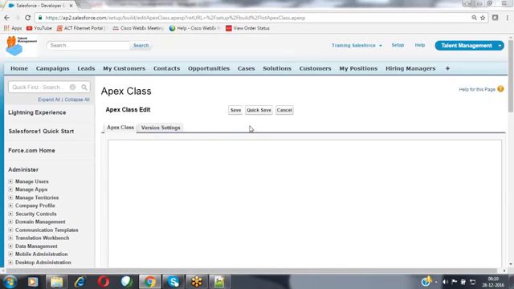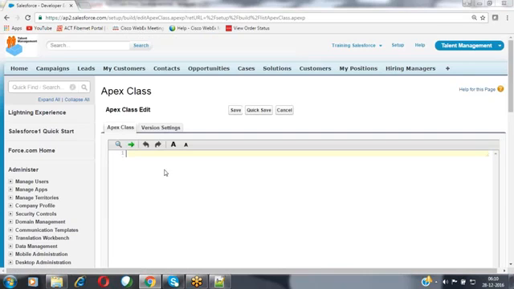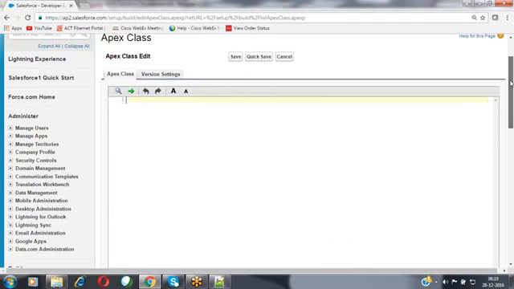Click on new. It is providing a small editor to you, and this is the editor where exactly we are going to write that Apex programming code. Now, whenever I'm typing that information, it is displaying with a very, very small font size. If you want to increase the font size, then you can use the bigger symbol of capital A. If you want to decrease the font size, then you can use the small a. Now we can increase the font size here. Now, here we can write that code.